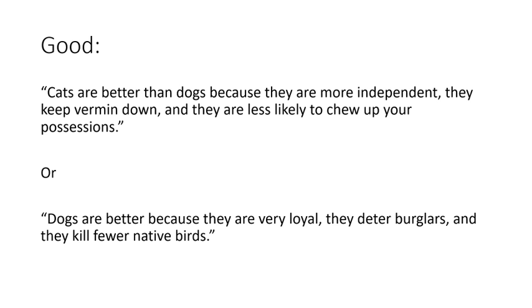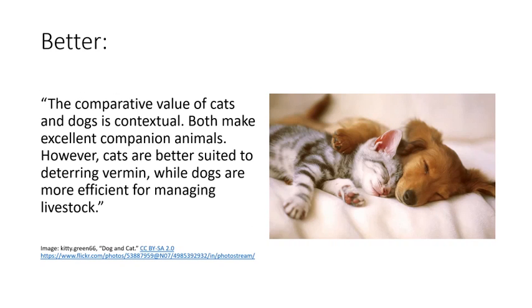It's okay to make that sort of argument if that's what you think, so long as you can find evidence to support it. But it's generally better to give a more nuanced, more detailed kind of argument. So while these sorts of thesis statements are good, a better one might look like this. The comparative value of cats and dogs is contextual. Both make excellent companion animals. However, cats are better suited to deterring vermin, that is, keeping down mice and rats, while dogs are more efficient